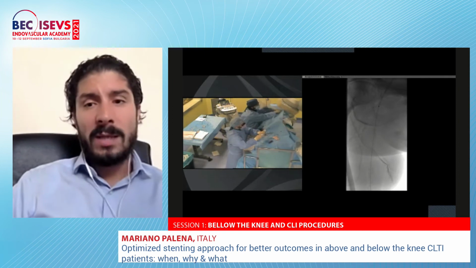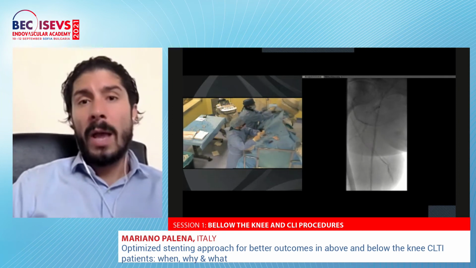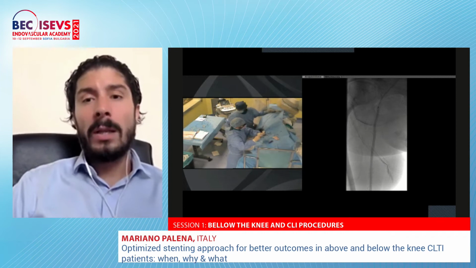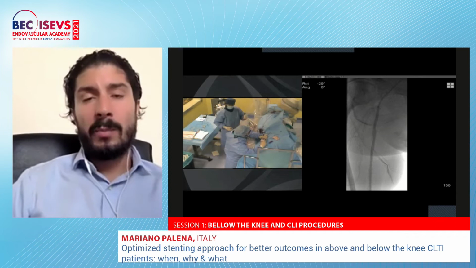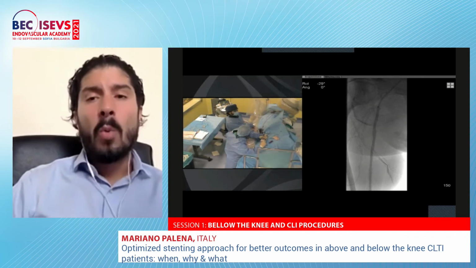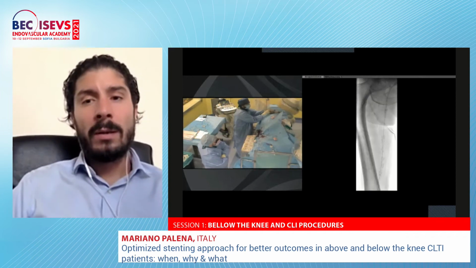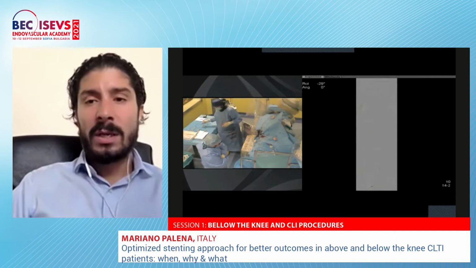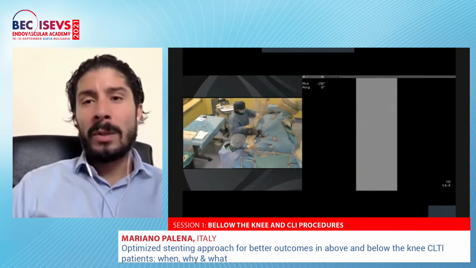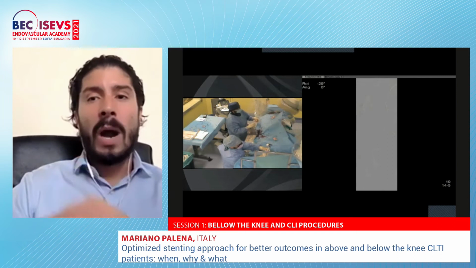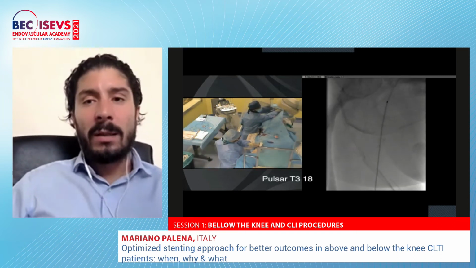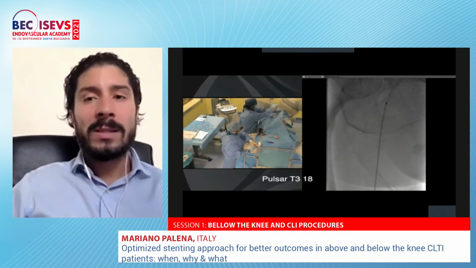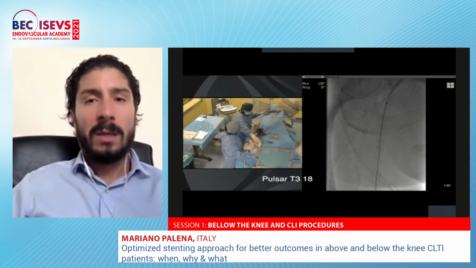But again, guys, I invite you to think about the antegrade fashion in the common femoral in a flush occlusion. So dilate at 6 millimeters at the proximal part of the SFA, but when we think about deploying a stent there, we have a lot of risk, not only to cover the profunda, but to go inside the sheath or out of the axis. So let me say that the only stent I use in those cases is the Pulsar,